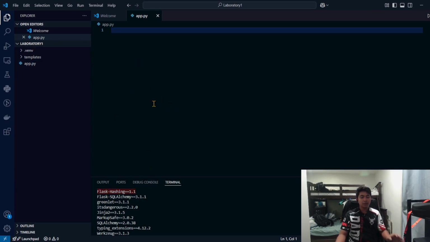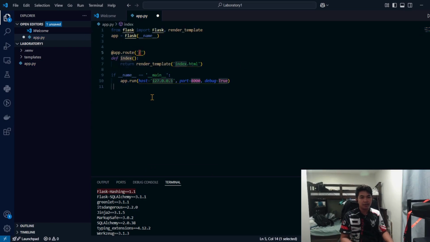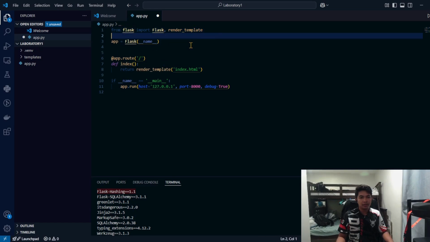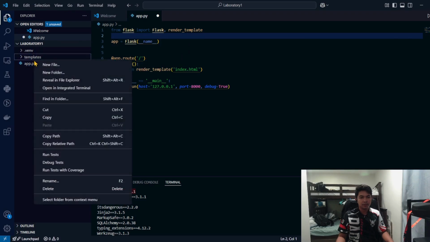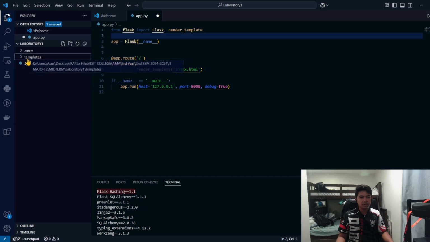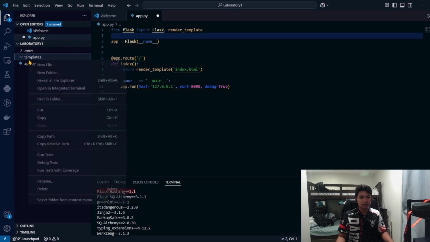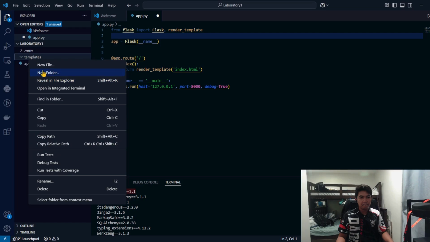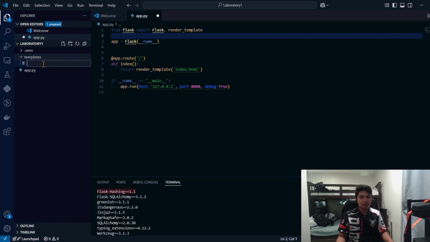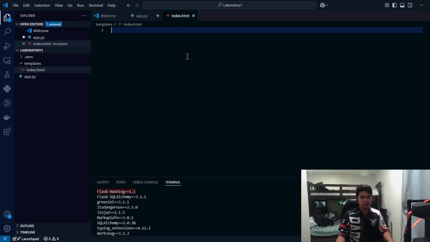To start this application, we must make a Python app file which has render template and this. First, let's make our HTML file, which is called index.html.